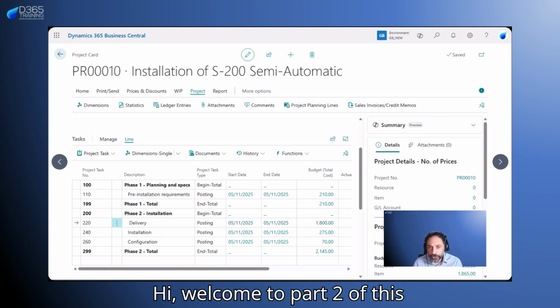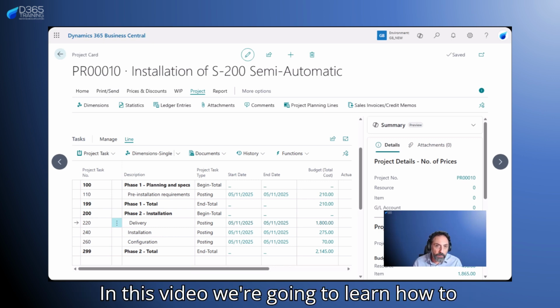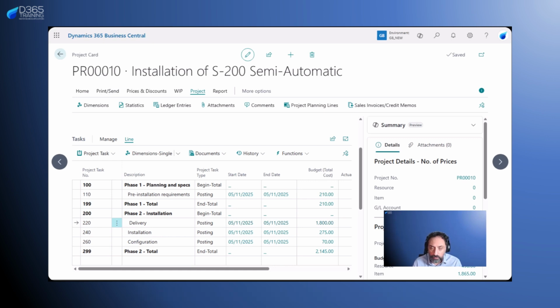Hi, welcome to part 2 of this video series about projects, manufacturing and warehouse management. In this video, we're going to learn how to manage production planning for items that we need to consume as